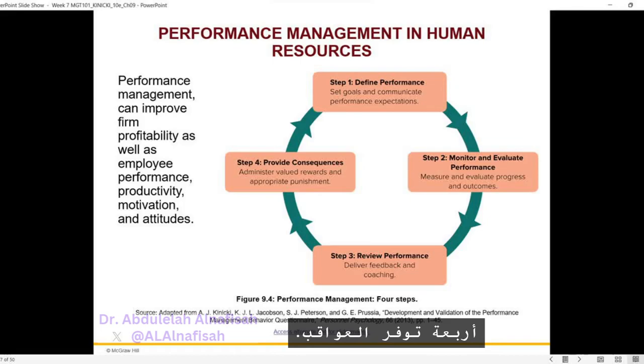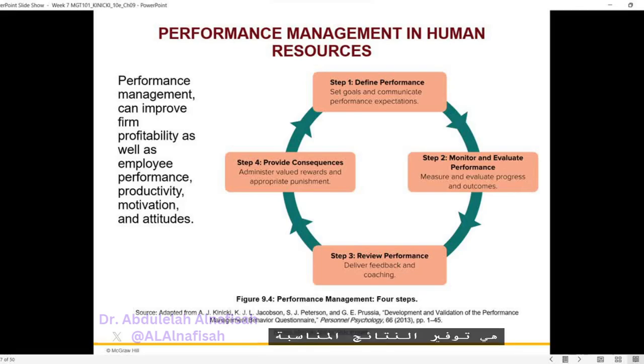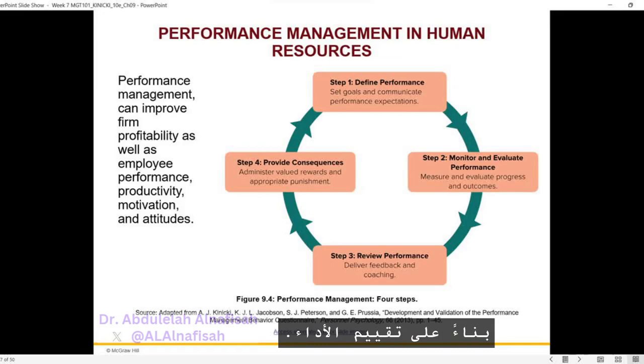4. Provide consequences. The final step in performance management is providing appropriate consequences based on the evaluation of performance. Positive consequences, such as recognition, rewards, and career advancement opportunities, can be provided to employees who meet or exceed performance expectations. On the other hand, employees who fail to meet expectations may receive constructive feedback, training, mentoring, or corrective actions